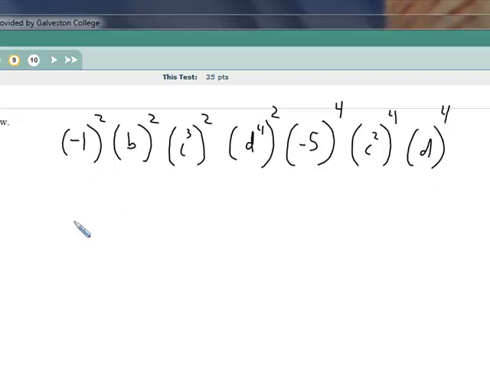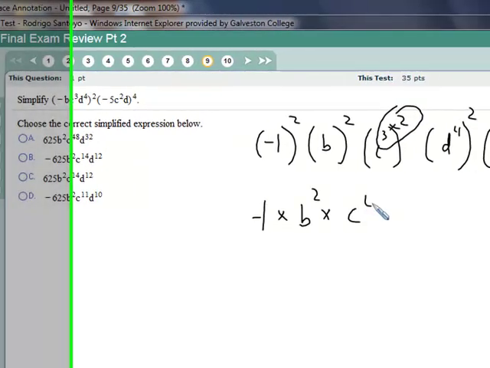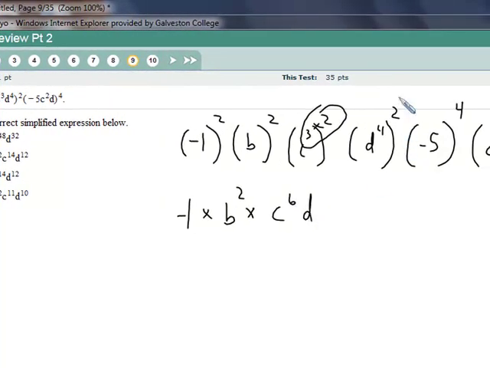Well, negative 1 times negative 1 is just negative 1 times, here we get b squared. Remember, we're just multiplying everything. Remember, here we multiply the exponents. So that's to the sixth. Once again, there, we're going to multiply. And that's to the 8th. 4 times 2 is to the 8th. And then we have, make sure you put this in parentheses. Always put this and that in parentheses. That way you don't get mixed up. That should be a positive